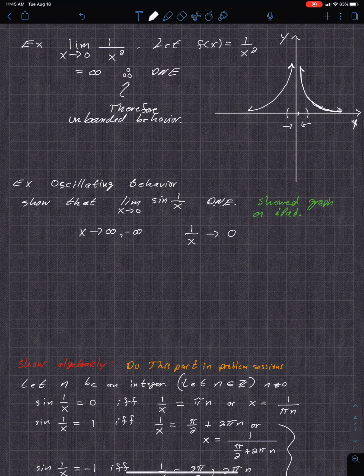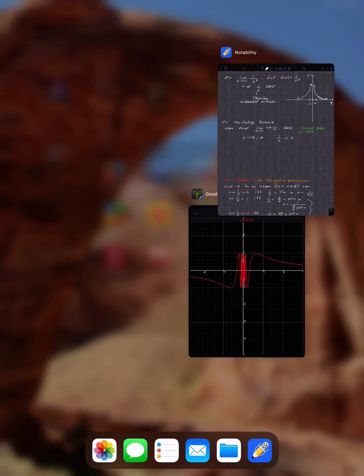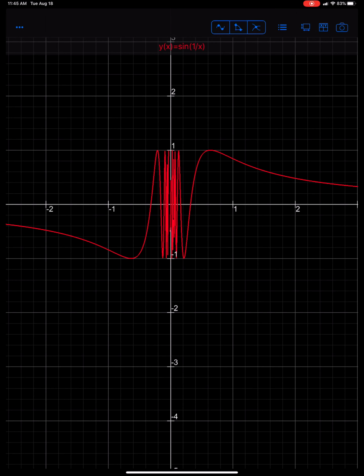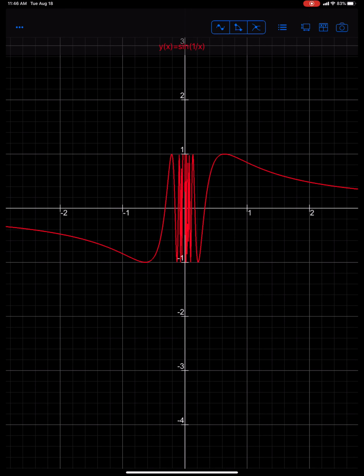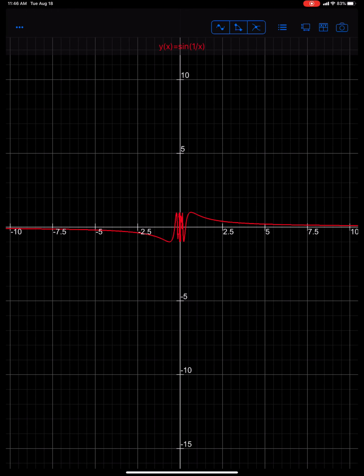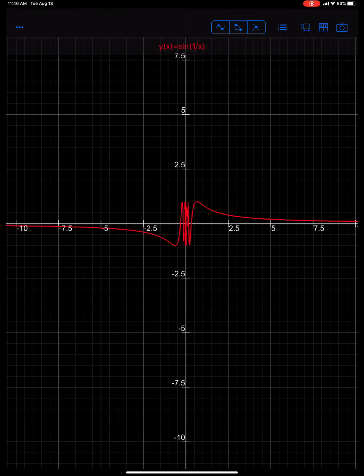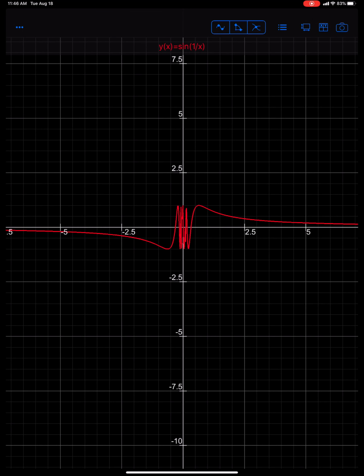So that's what happens to the graph. But what happens as you approach 0? That's really the question. So let's just look up the video, which I have ready to go here. So here's the sine of 1 over x, and I can't point to it in this way, but I'll just show you. So study this for a second. You can see that the function on the outside is approaching 0 on both sides as you approach infinity. As you zoom in,